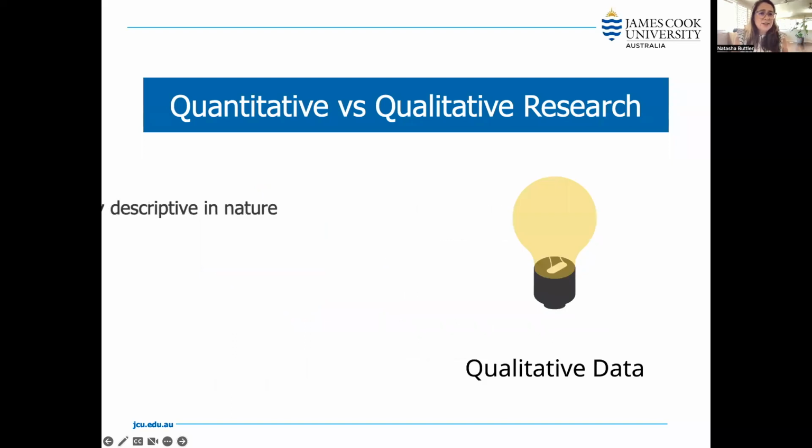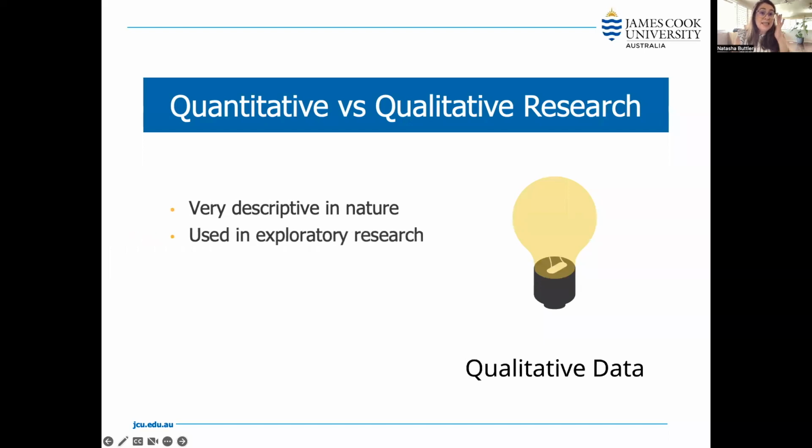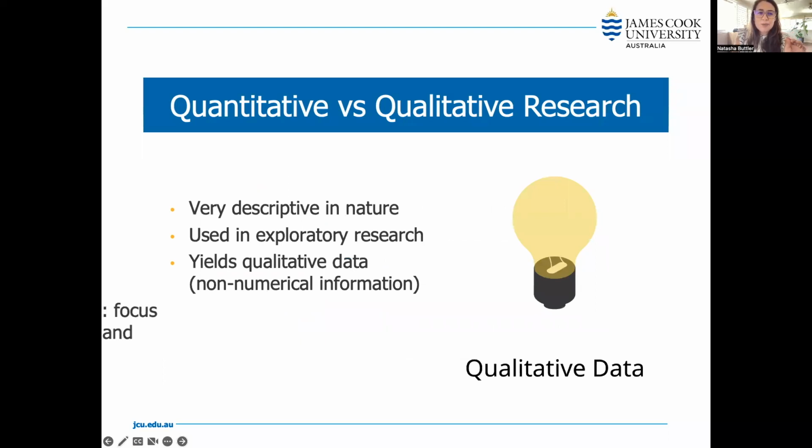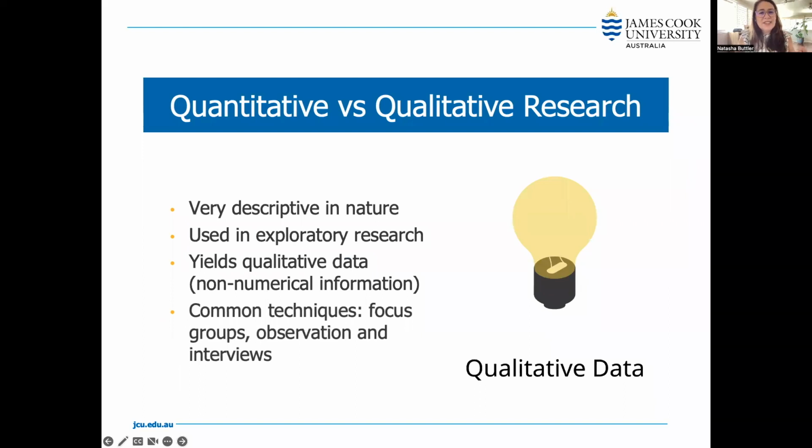Whereas qualitative research is really descriptive in nature. We use it often in exploratory research, and it gives us qualitative data, and that means it's non-numerical. And the common techniques of this is, maybe we gather this from focus groups, observations, and interviews. And we're going to look at these types of research in a little bit more detail as we move through. But for me, the way that I always remember the two is that we are either looking for quantity or quality,